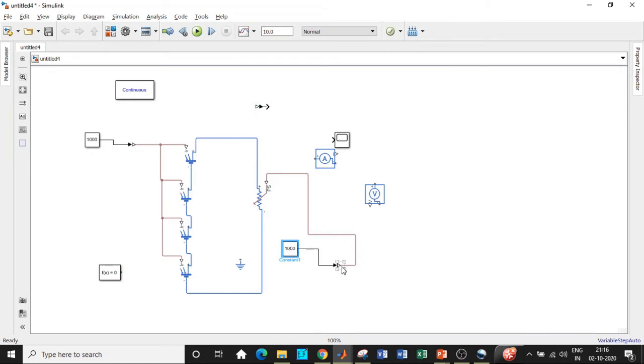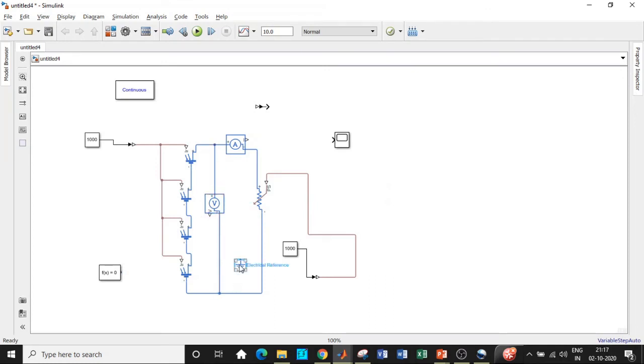So once this is done, I have connected 1000 ohms with respect to the variable resistor. Now we need to measure the current. We'll be measuring the current by connecting it in series with the circuit, isn't it? So connect this between these 2 points, and once this is also done, we'll be measuring the voltage across these 2 points over here in this particular fashion. The ground is to be connected at this particular position.